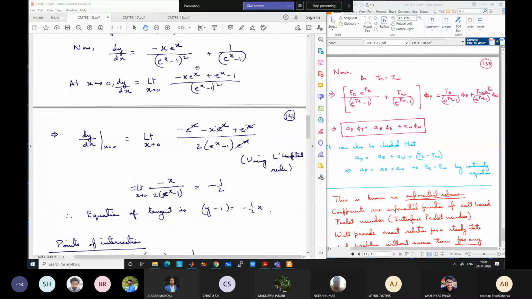Now we will use L'Hopital's rule again. Okay, take a derivative of the denominator, and the numerator derivative with respect to x is, for the first term, minus e to the power x minus x into e to the power x. So these two terms come from the first term, and for the second term it is e to the power x, and the third term goes to 0. Okay, so this minus e to the power x and plus e to the power x goes to